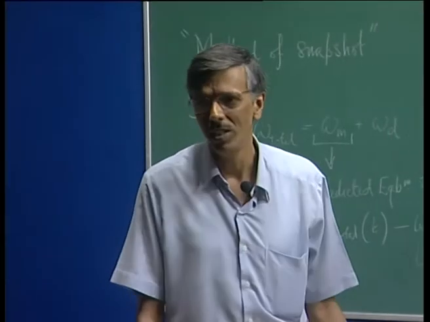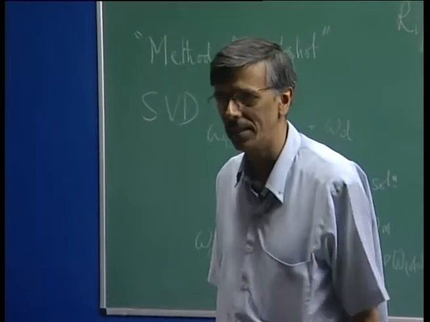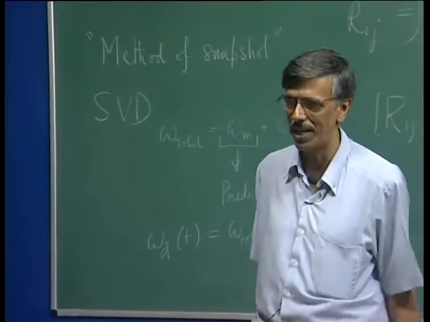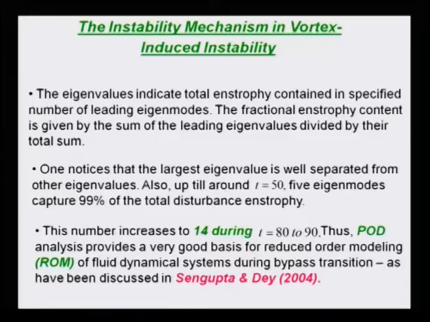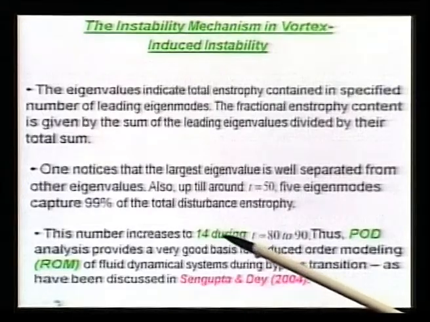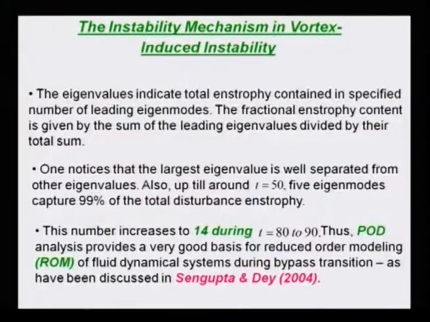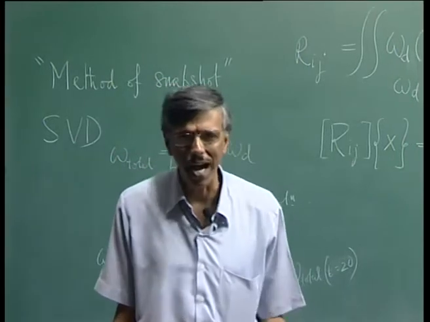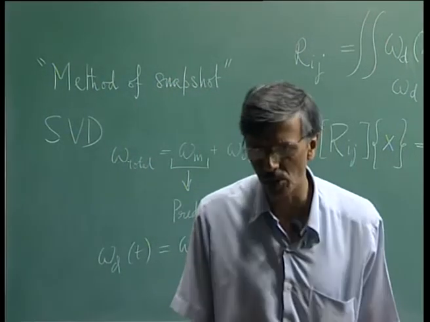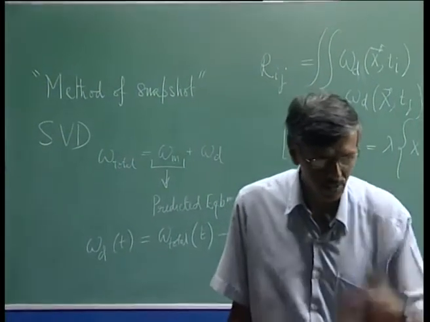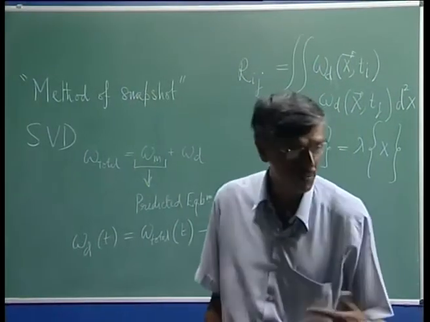People talk about reduced order modeling. Reduced order modeling, because instead of looking at an infinite dimension system, you are basically talking about, say, in this case, say 14 modes. That idea is the following, that if I could reduce the number of bases which defines